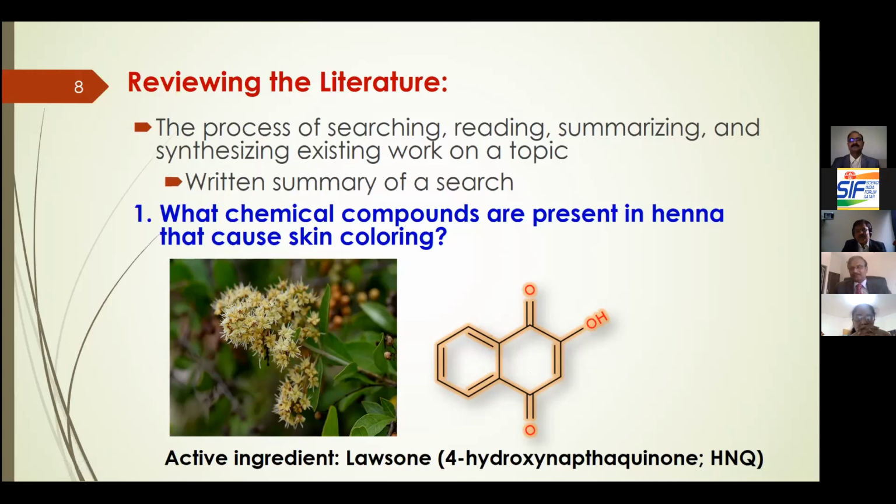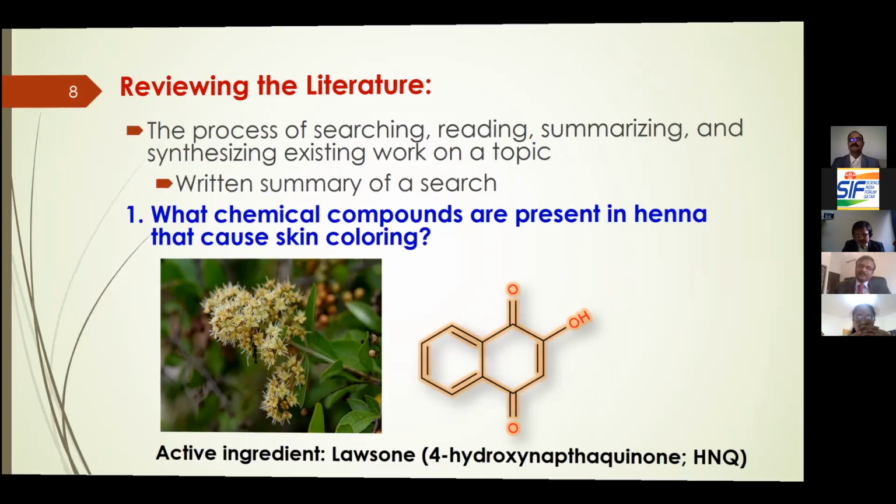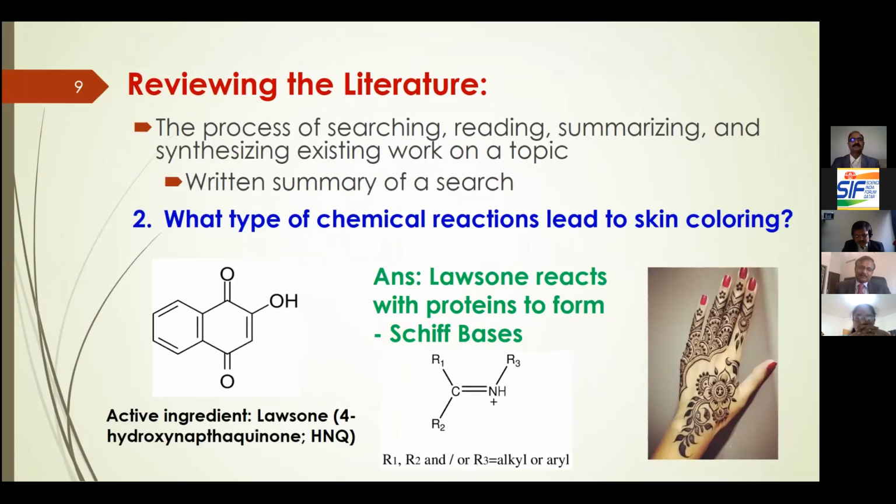So we answered the first question through literature search. The next question that was on our mind was, what type of chemical reactions lead to skin coloring? You see, I am a chemistry professor, I'm a biochemistry professor. I'm interested in what happens and how this happens. So when we went through, we found the answer that lawsone reacts with proteins from the skin or in the hair. Our hair is pure protein, you should know. And it forms this